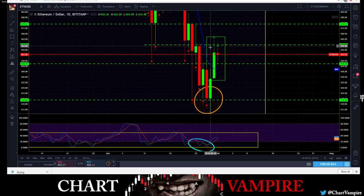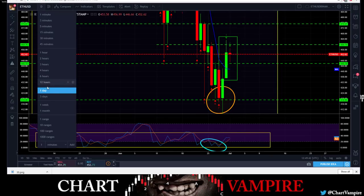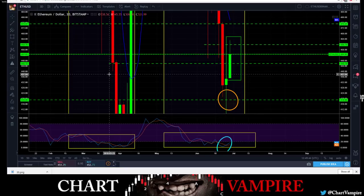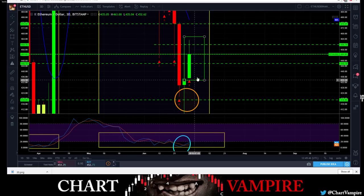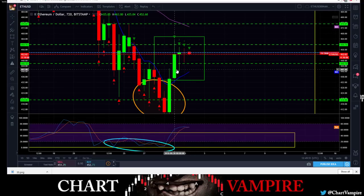I mean, this is one of the most bearish shooting star candles I've seen in a long time. So this right here is telling me danger for Ethereum, and I think that is on the, let's see what we got here. Look, there it is. It's on the 3-day, just like BTC. It is here. This looks to me,